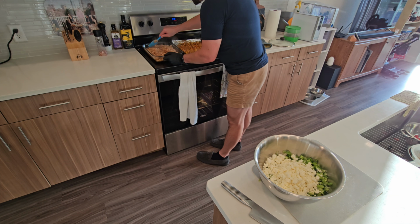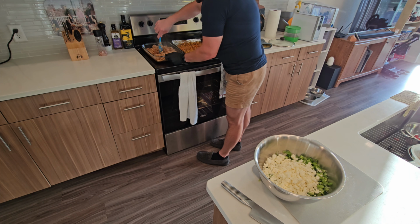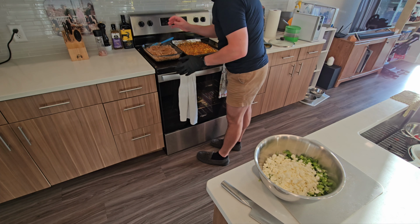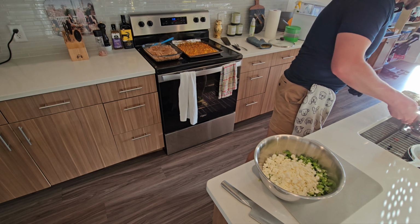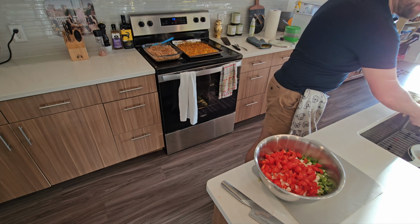Because I really do think if you overcook the wheat bulgur, that's fine. Mistakes happen. I've certainly done it. But I do like when the wheat bulgur has a little crunchy bit of texture. It's really unique. It's not like quinoa or rice or anything. It's got a nice little crunch to it. So we are at the point